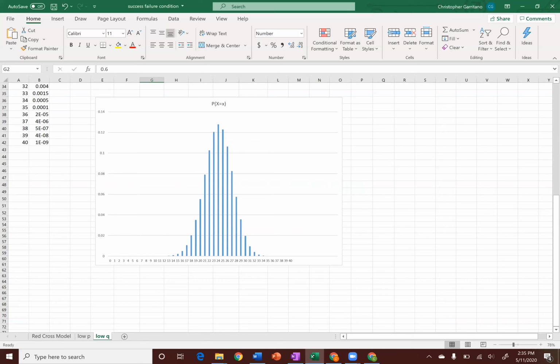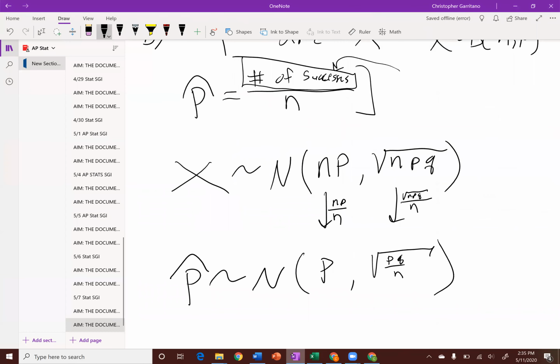The distribution of p hat would look exactly like this binomial distribution, except instead of 0 through 40, you'd have 0 over 40, 1 over 40, 2 over 40, all the way up through 40 over 40. The proportions will range from 0 to 1. The shape would be exactly the same, though. Anyway, long story short, the bottom line is,